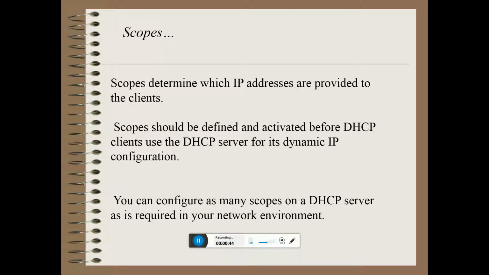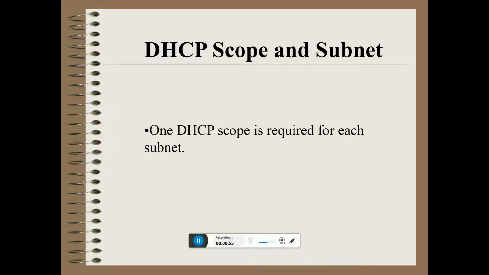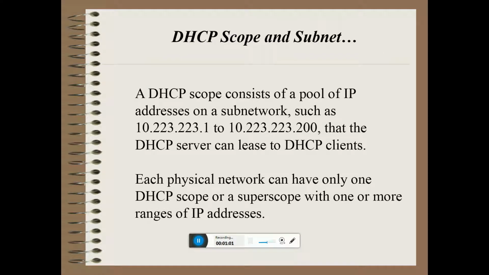Clients use the DHCP server for a dynamic IP configuration. You can configure as many scopes on a DHCP server as are required for your network. DHCP scopes and subnets. One DHCP scope is required for each subnet. DHCP scope and subnet. A DHCP scope contains a pool of IP addresses